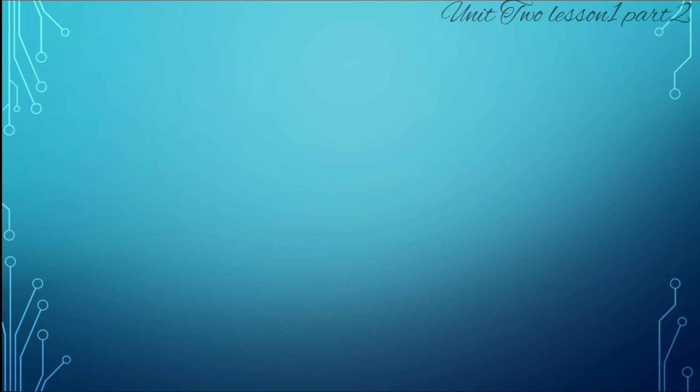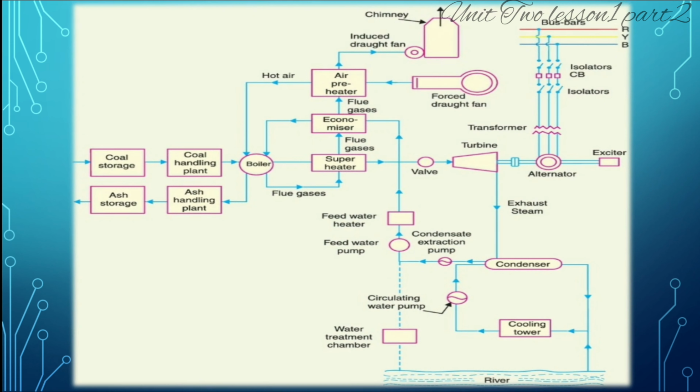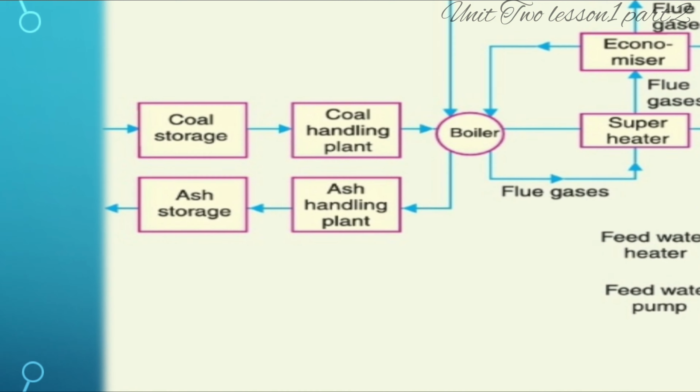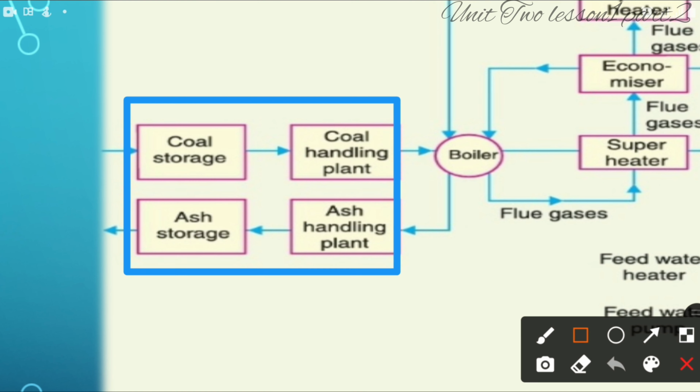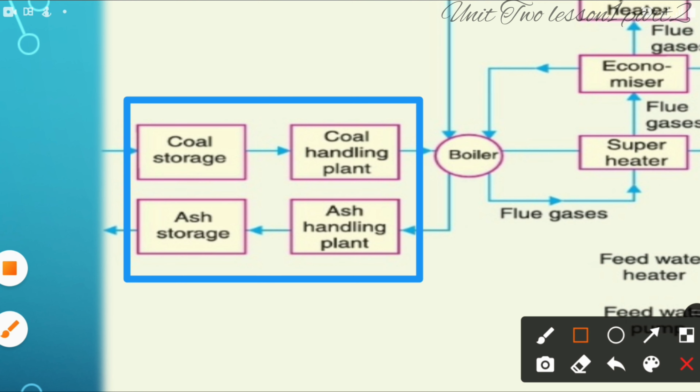As of our previous video on generating station lesson 1 part 1, we have just got to the schematic diagram of steam power plant. And we have divided the whole plant into the 6 parts. The first one is coal and ash handling system. In coal and ash handling plant, coal is transported by any means of transportation and is stored in coal storage